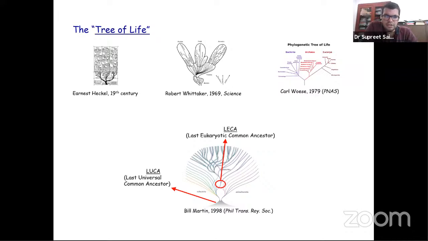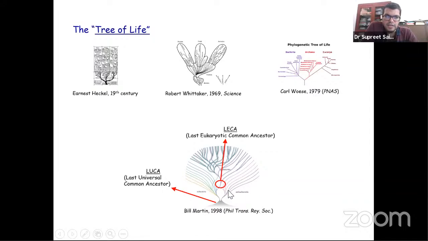But really, our modern understanding of the tree can be captured by this cartoon that was published in a review 20 years back. Life originated when the common ancestor to all existing life forms, called the last universal common ancestor, also called LUCA in the field, evolved into two different life forms. One was bacteria, which are called true bacteria, also called eubacteria. The other one was archaea, which were at the time called archaebacteria. And these two life forms existed for a couple of billion years.